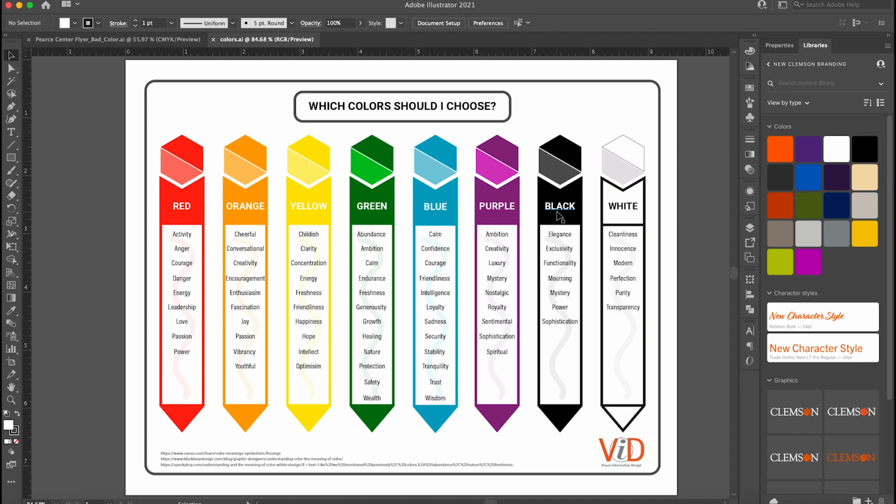And then we have black, which can stand for elegance, exclusivity, functionality, mourning, mystery, power, and also sophistication. And then there's your basic color of white, which can stand for cleanliness, innocence, modern, perfection, purity, and transparency. So those are just some different meanings behind the colors that can help you choose which colors are right to